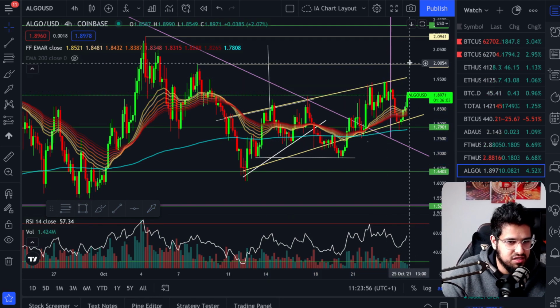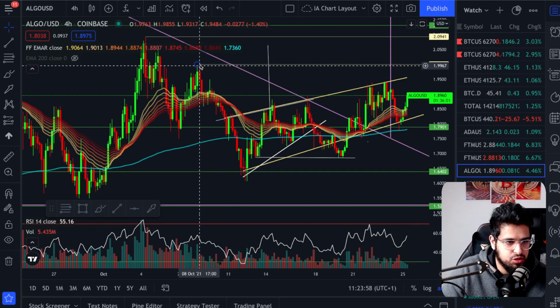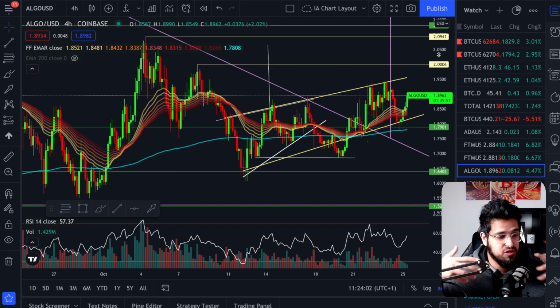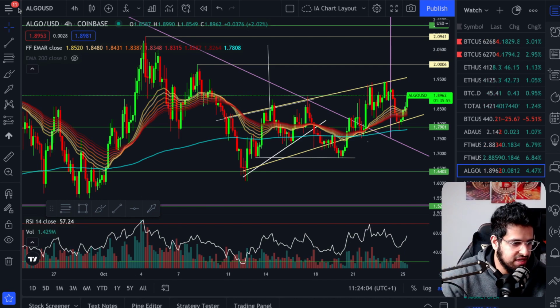That you can really expect us to break out not only past this wedge at $2, but also to the top of the wedge at $2.09. And that will set up the pattern for us to break out of the wider triangle. Okay, so that's what we're seeing on Algorand. Let's take a look at